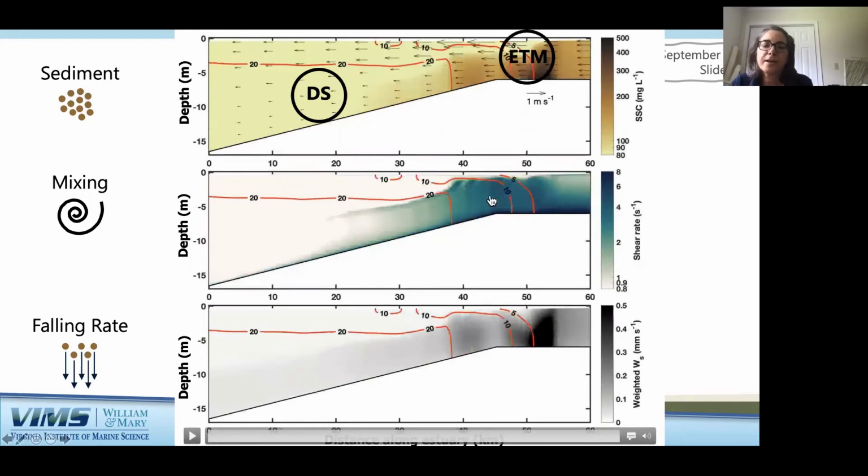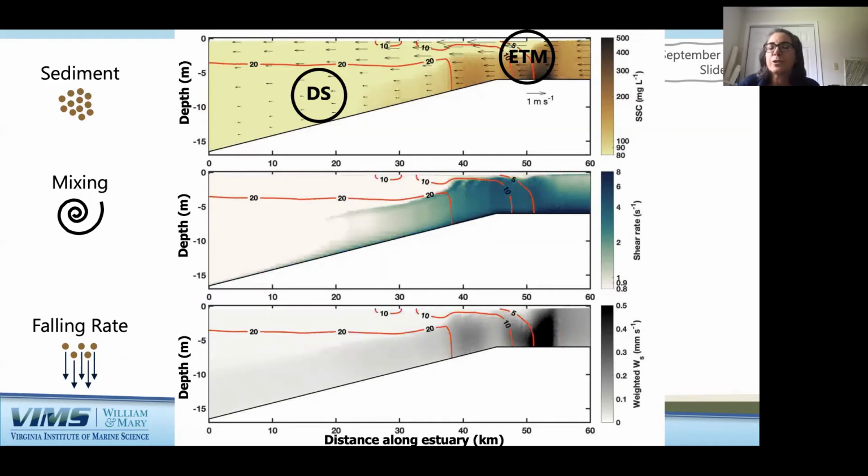So we're working on trying to write Danielle's research up for publication, but a big theme in it is that the downstream part of the estuary is very different from the ETM because the Estuarine Turbidity Maximum is the area where we have the most energy and also the highest sediment concentrations.